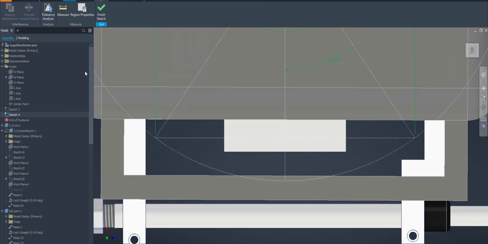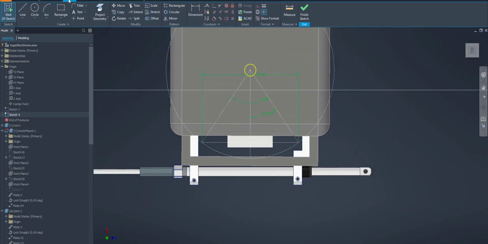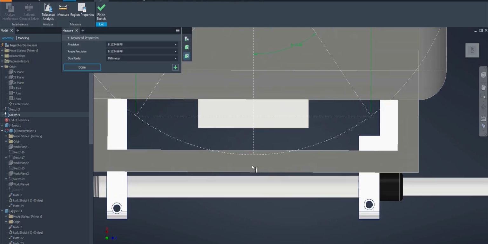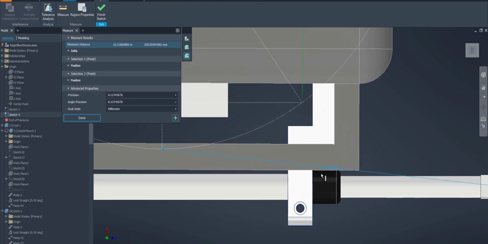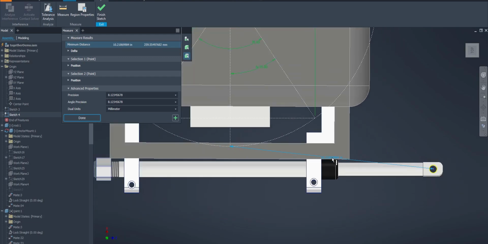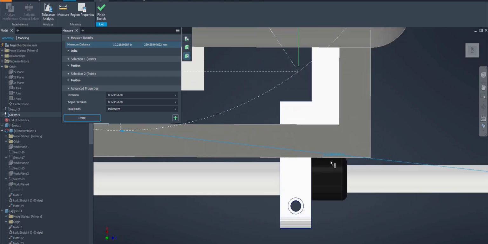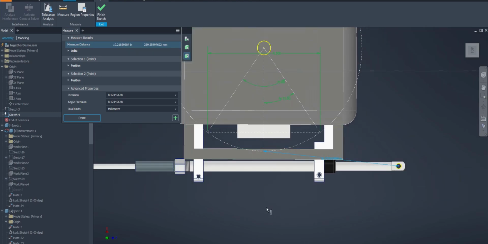Let me go back here and just do that a minute. So I can project geometry here, and then I can take this point here to this point here, and now I know the length of the rod from center to center needs to be 10 inches, 0.22. Okay, so that's the length that this rod needs to be,